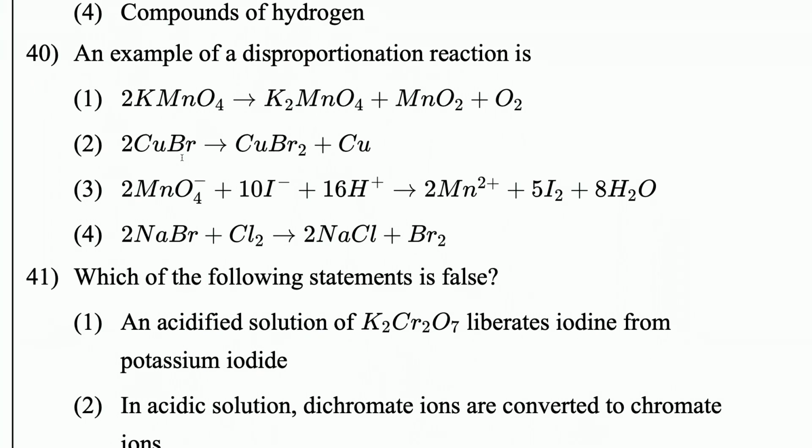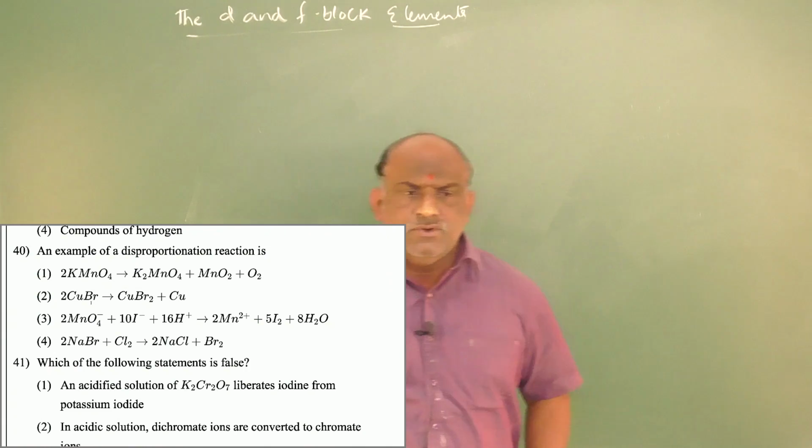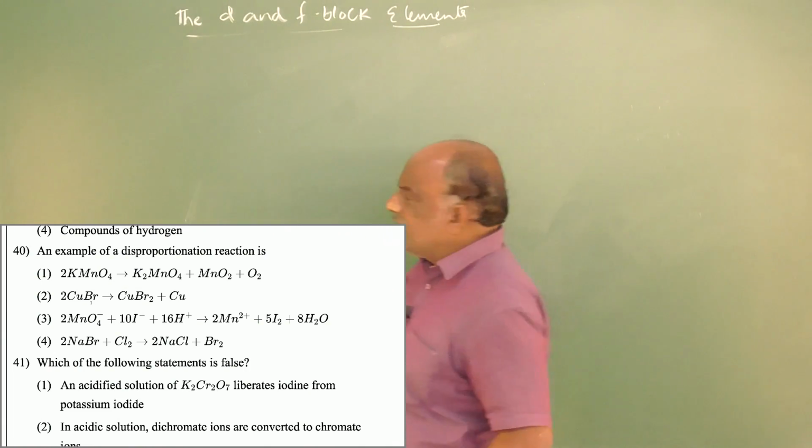In a disproportionation reaction, both oxidation and reduction reactions take place. That type of reaction is called a disproportionation reaction. And here, the right option is option number 2, CuBr